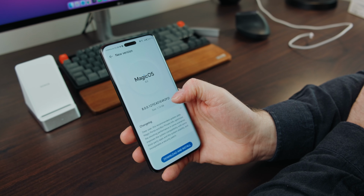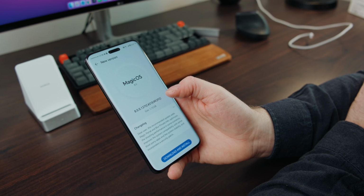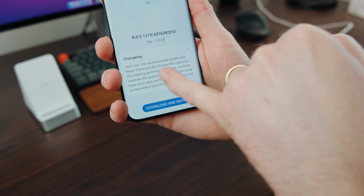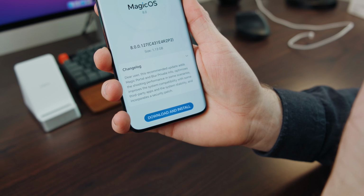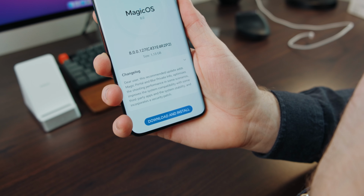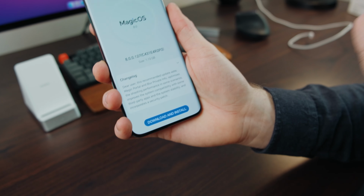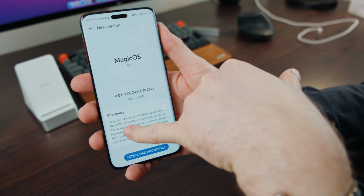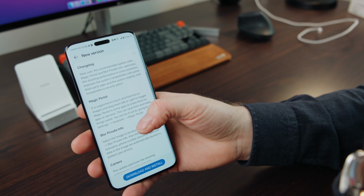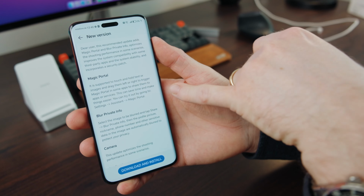And this is a new update. Interesting. So this recommended update adds Magic Portal and Blur private info, optimizes the shooting performance in some scenarios, improves the system compatibility with some third-party apps and the system stability, and incorporates a security patch. And that's actually quite nice, especially Magic Portal was announced and not directly available for the phone at the first